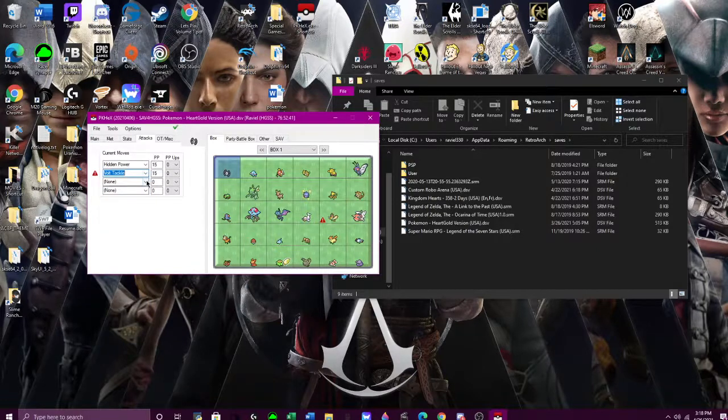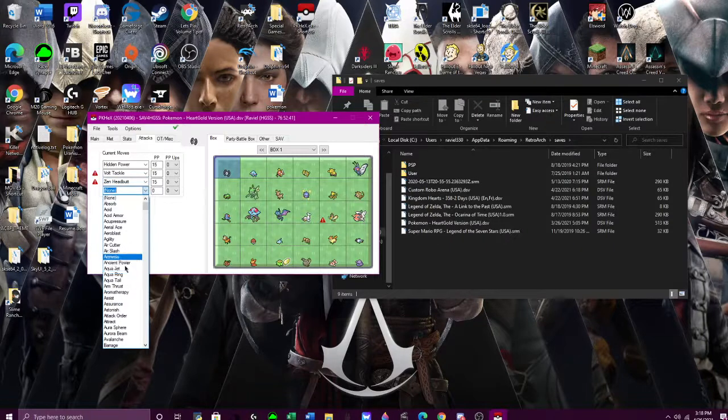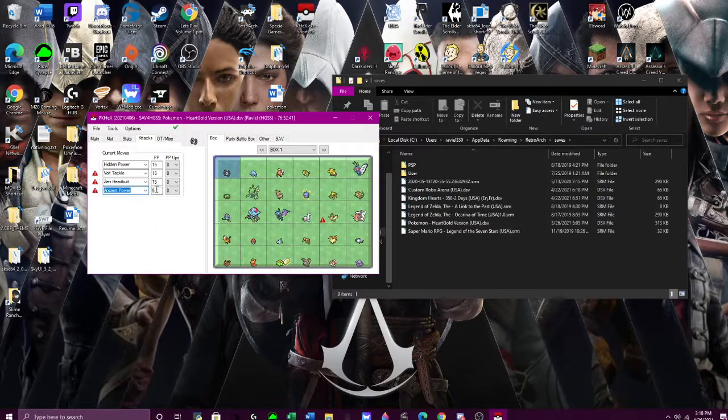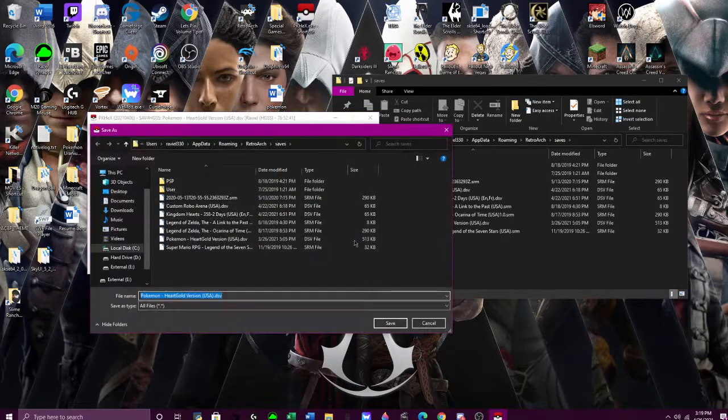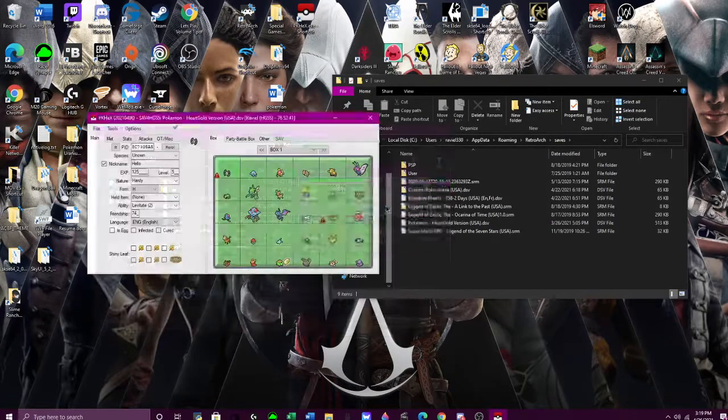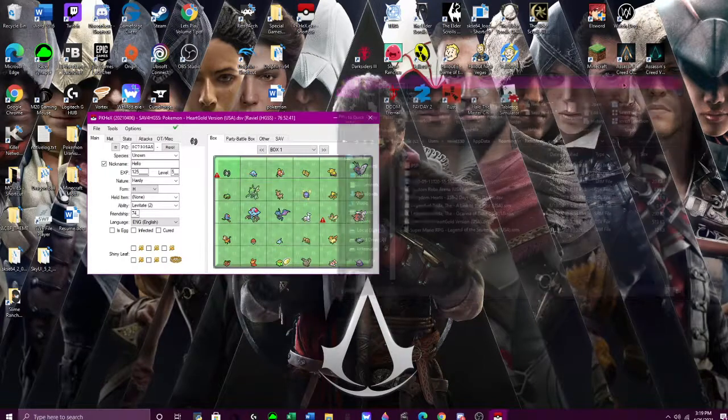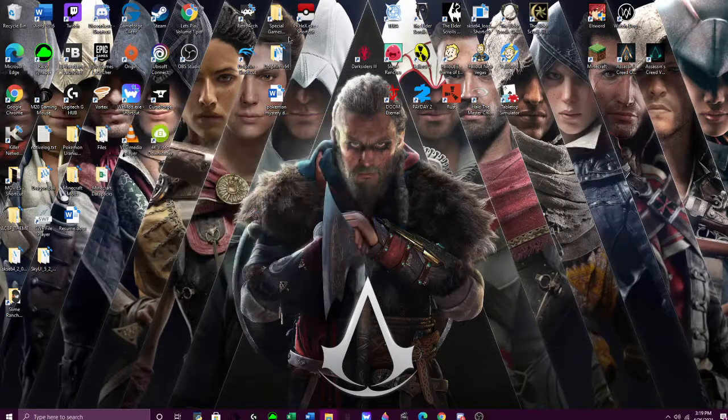So using Unknown for this is really indicative. So give it like Volt Tackle, Zen Headbutt, and we'll give it Ancient Power. Shouldn't have any of these. So we should be able to set. Now that shows that this Pokemon has probably been tampered with. So now we export the save to the main area where it does it, overwrite the save, and we're good. So we'll close both of those, and now we'll load up